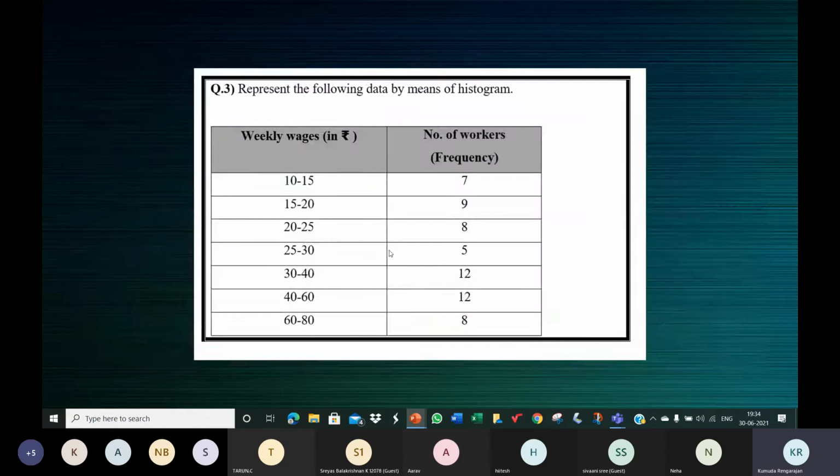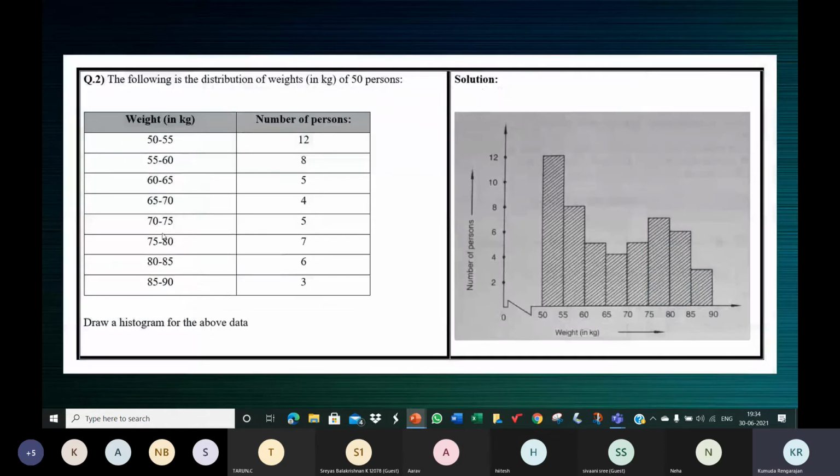So the class size is the same everywhere. Two things: the class intervals are continuous and the size is the same everywhere, which means you don't have to make any change to the given frequency distribution. The frequency distribution is ready for a histogram to be prepared. So this is the usual thing. No changes have to be made.